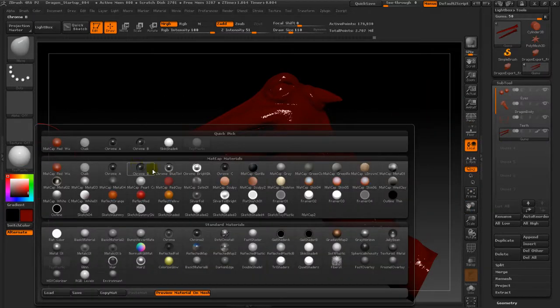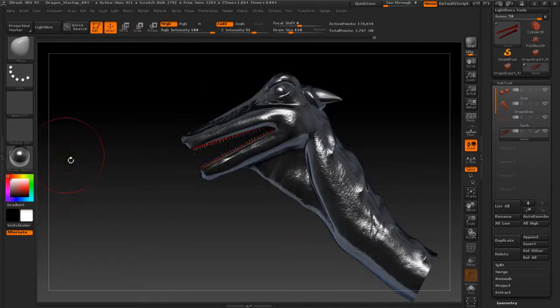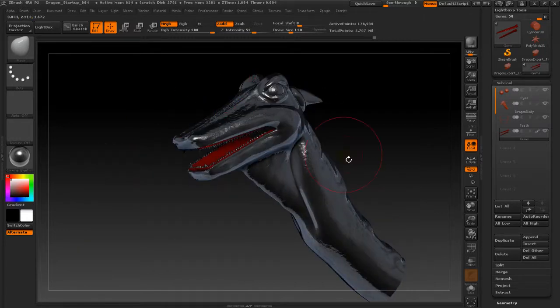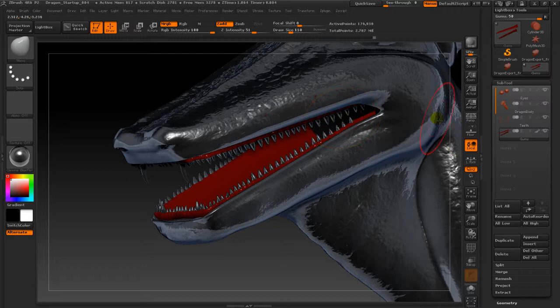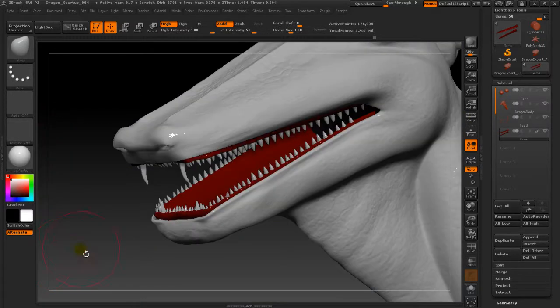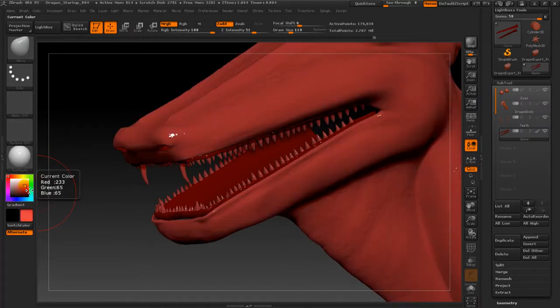If I switch my material now though, you'll see that white. The gums stay their original color, but the rest of it is changing. Okay, so that's fine, we can let it change color. So we're going to work on the gums first, then we'll get to the other stuff. I'm going to just switch this back to that toy plastic, and whatever color I pick here is going to change everything. So I'm going to go to,